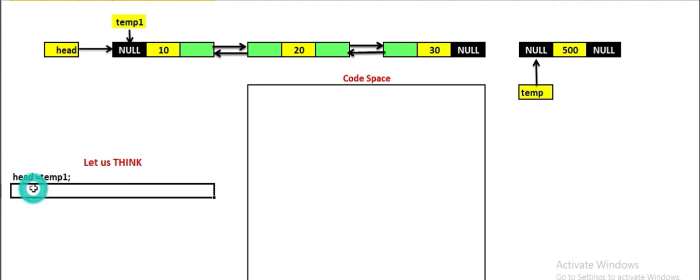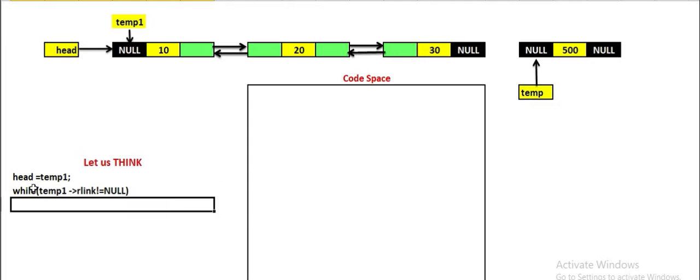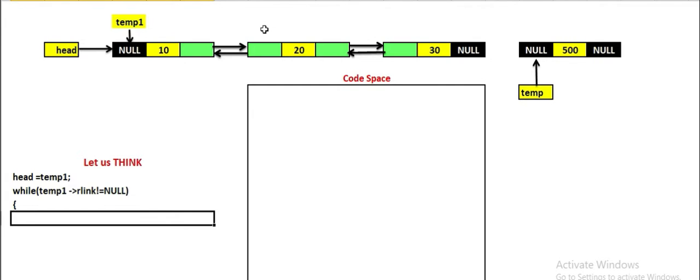We are going to write while temp1's right link is not equal to null. Okay, so if it is not equal to null, what to do? Update the value of temp1 so that it goes to the next node. So we will say that temp1 is equal to temp1's right link,